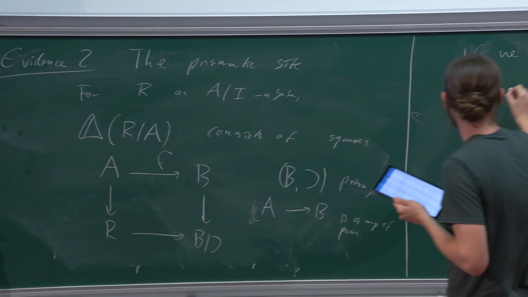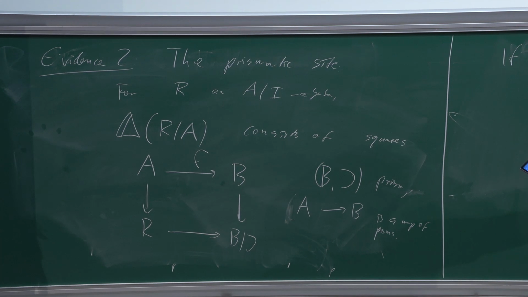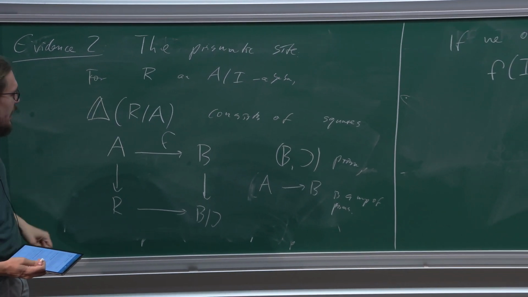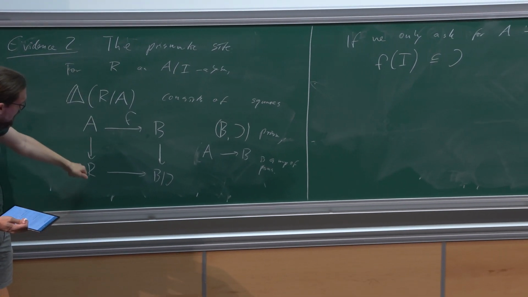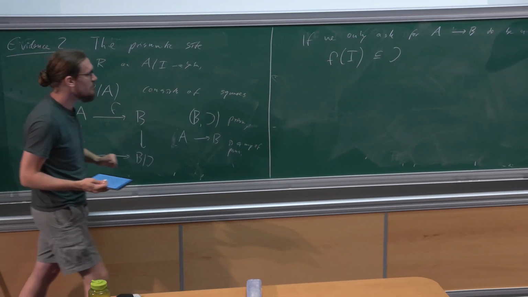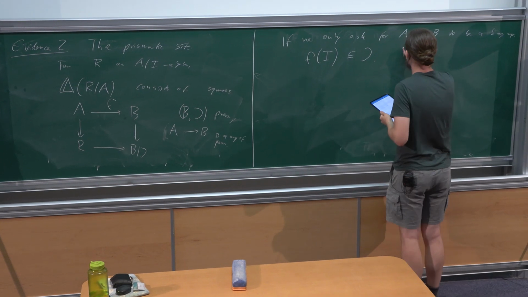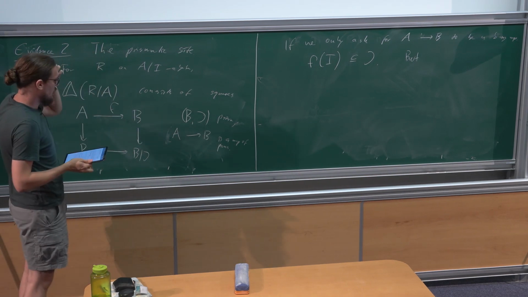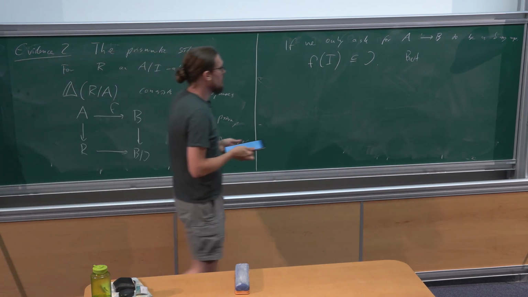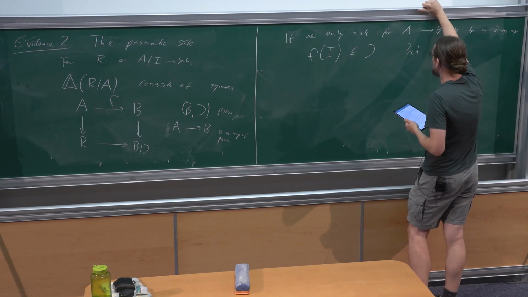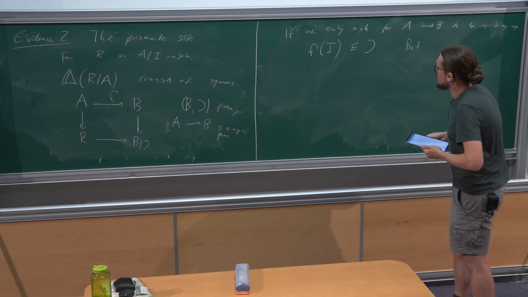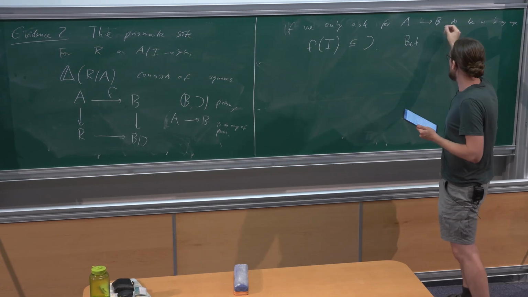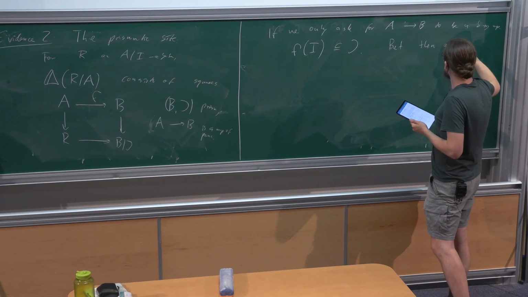let's maybe call this map F. F of I is still contained in J, right? Just because the diagram commutes, and we did ask for R to be an A mod I algebra. So I is in the kernel of that map, so it needs to be mapped into the kernel of that map. But there's a cool lemma on these distinguished ideals. It just uses some clever tricks about delta rings. Johannes mentioned that he talked about this. But if you don't remember, don't worry. The statement is just that automatically